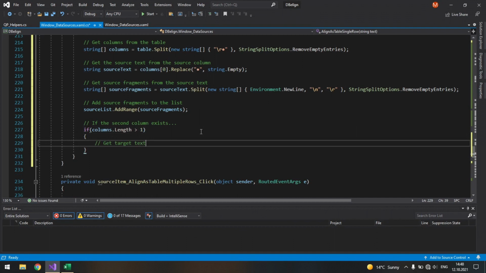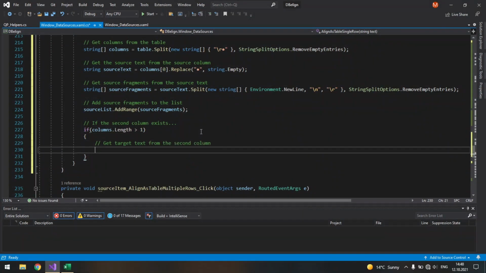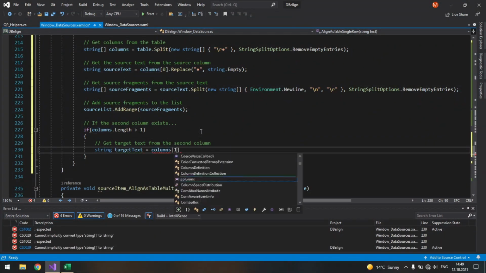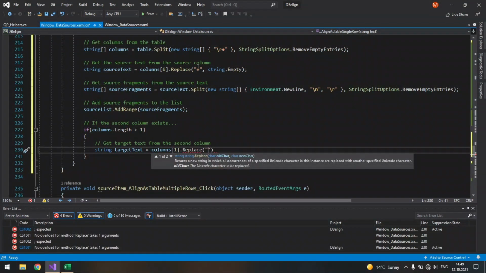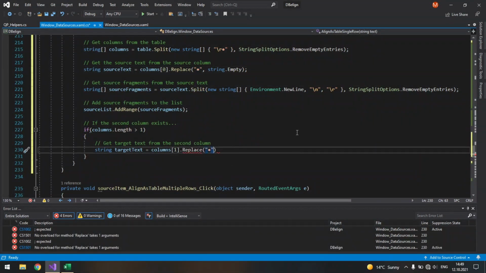So get target text from the second column. So string target text equals columns and 1 dot replace, and again we need to replace this character, and we replace it again with string empty.